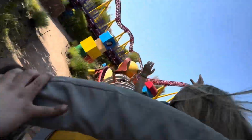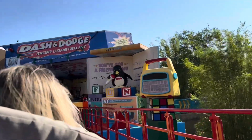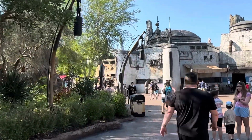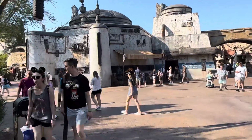Now, after you ride Slinky Dog, it should be maybe around 10, 11 o'clock. Maybe it's time for you to get some lunch. You go grab some lunch over there at Woody's Lunchbox. The Pop-Tart is amazing. The grilled cheese, oh my God, that's to die for. That's one of the things that I love the most when I go eat at Woody's Lunchbox, is the grilled cheese. We haven't had Rodeo Roundup yet. We haven't been able to get in there yet, but maybe soon we'll be able to get into Rodeo Roundup